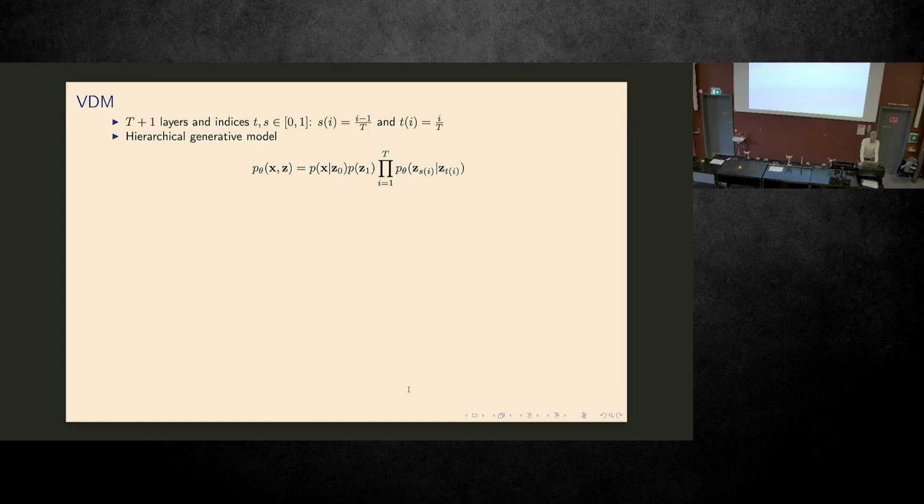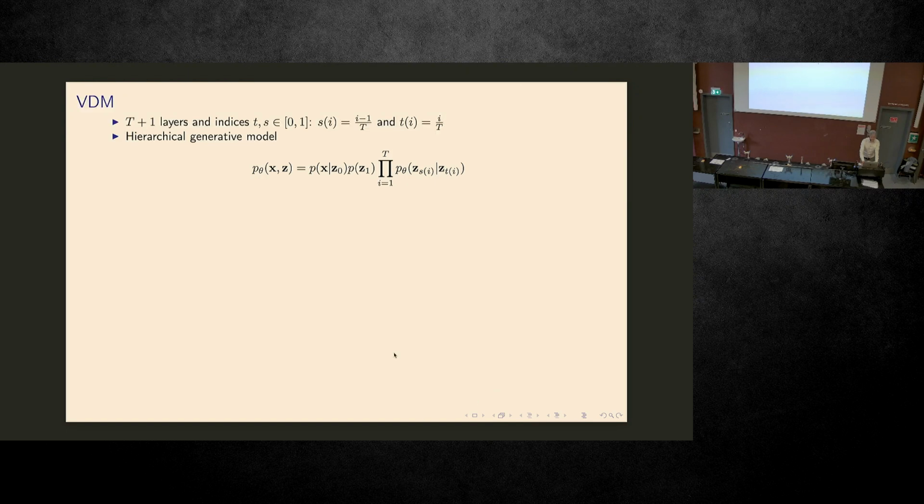So the VDM is essentially, have you talked about that today? No? Okay. So the variational diffusion model is essentially the same as the original diffusion model. It's just a little bit simpler notation, and also simpler in the way that it makes it easier to take this limit of an infinite amount of layers. We start with the same model as we had in the DDPM, right?